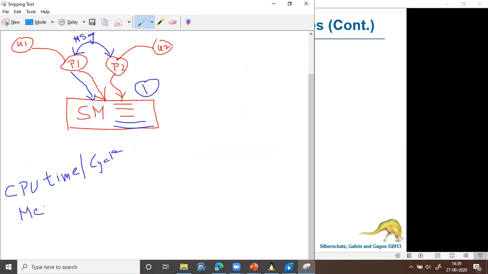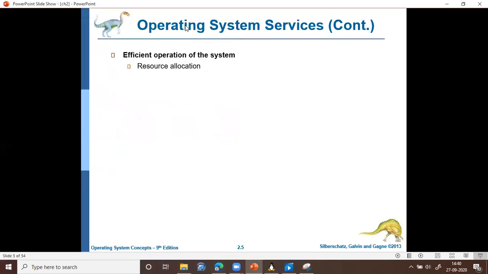So the operating system should decide what process should reside in the main memory and how long, all those things. The third type of resource under the control of the operating system is all the IO devices, which includes hard disk or any other devices like printer, scanner, mouse, keyboard. All these are under the control of the operating system. So the operating system should ensure the efficient usage, or efficient allocation, of all these resources. That is what is called resource allocation.